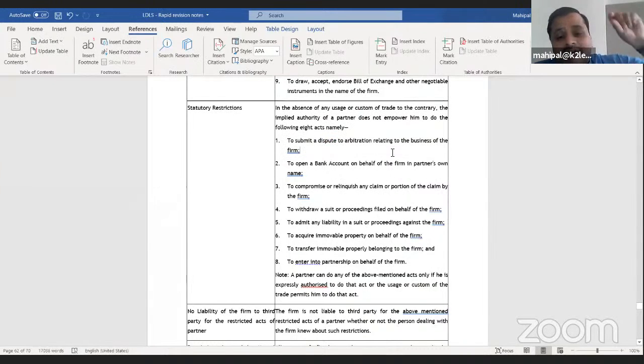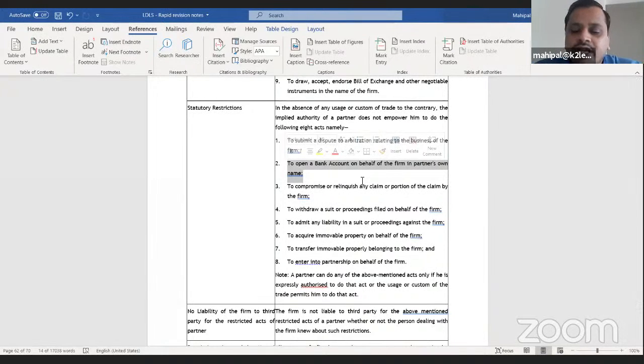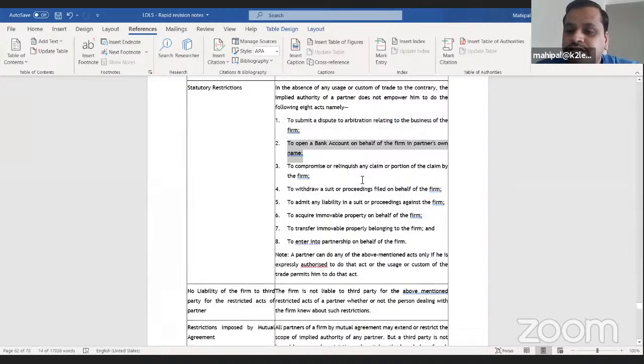These rules will apply only and only if there is no consent available. With the consent, they can change this rule. But there are certain rules which cannot be changed. To open a bank account on behalf of the firm in the partner's name cannot be done. To compromise any claim or portion of the claim by the firm, to withdraw a suit or proceeding filed on behalf of the firm, to admit any liability in the suit or proceeding against the firm, to acquire immovable property